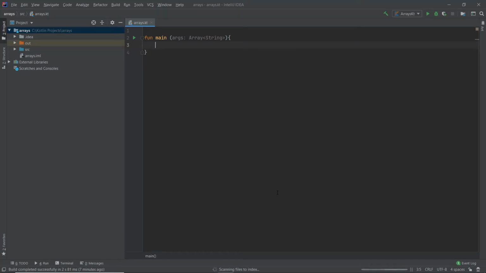So today let's look into arrays. It's just a brief video, so let's dive in. Why should we use an array? It's so simple: we can store a lot of elements in a single variable rather than creating a variable